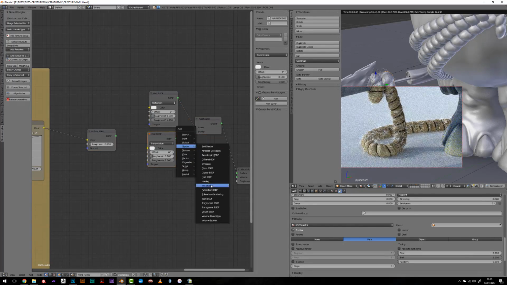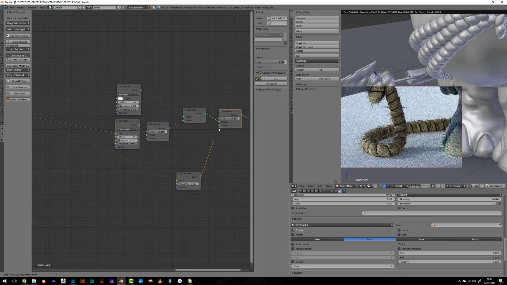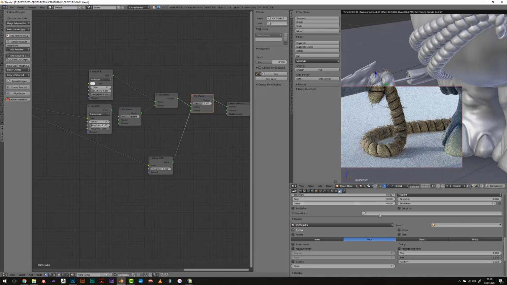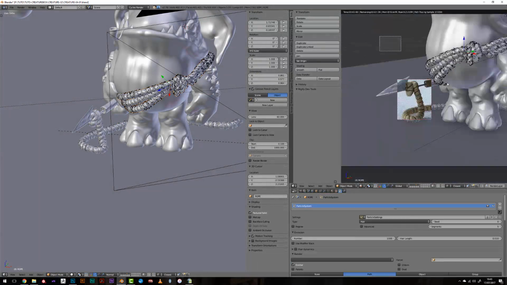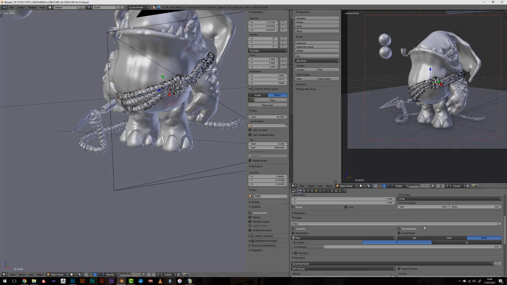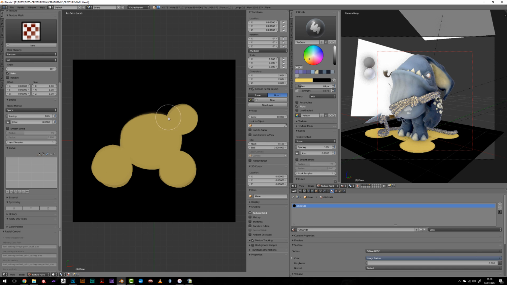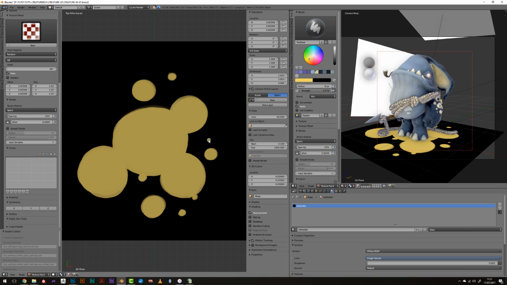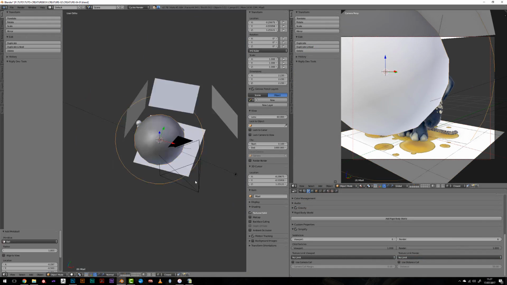I've also created a super simple hair system on the ropes just to make them a little more interesting. It brings some additional details which are fine. I've painted some drops of color on the ground and I will then mix them with a transparent shader so that the square will disappear.